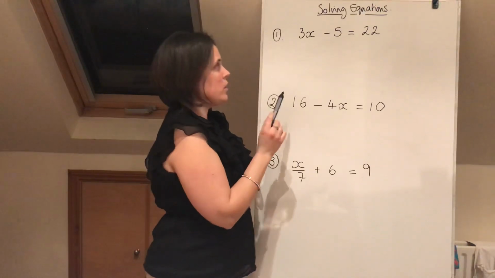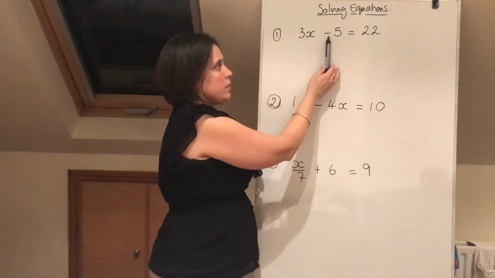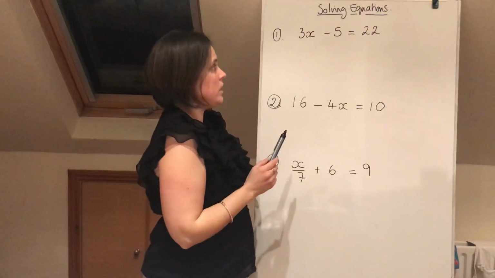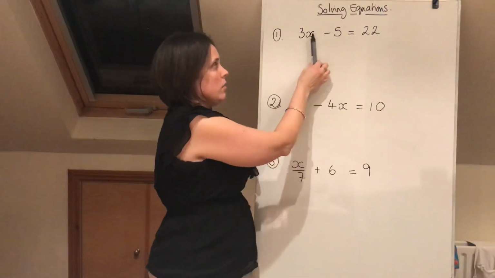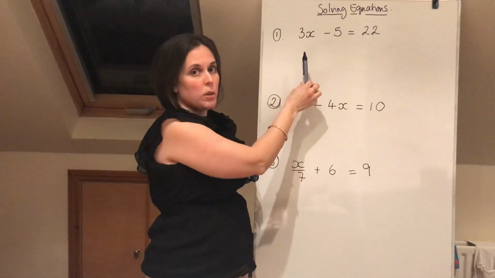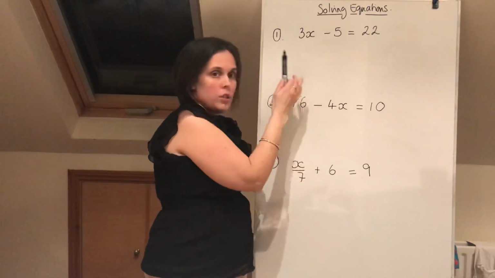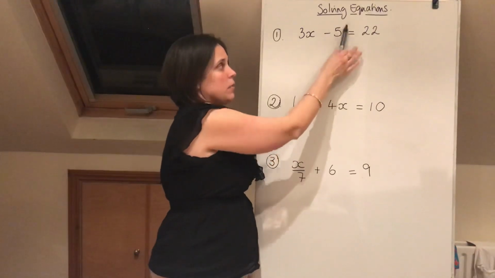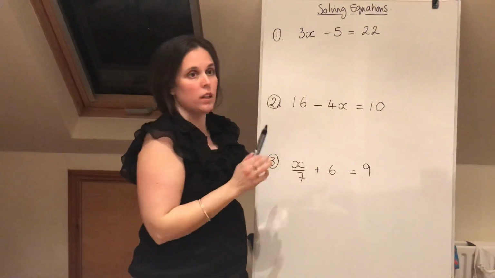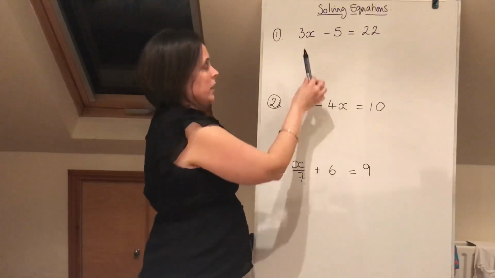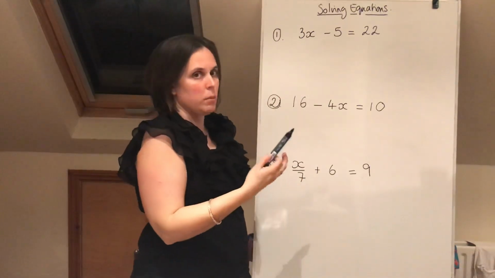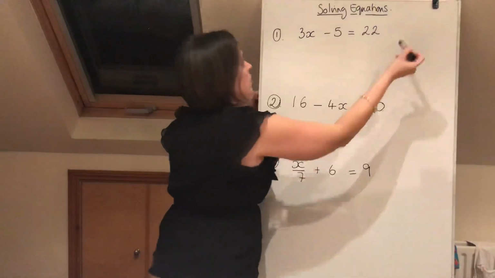So in this question, we've got 3x subtract 5 is equal to 22. So the first thing that we need to do is we need to just have the x term on its own. So that is your aim. Because you've only got one x term, that's fine. So the next thing we need to do is get rid of the number that's on its own. Now in this case we've got a negative 5, so inverse operation, we add 5 to both sides of the